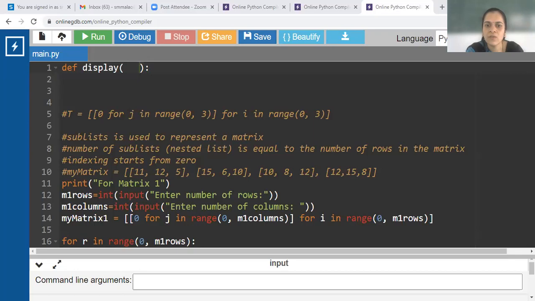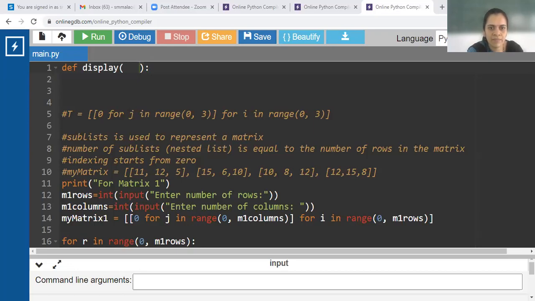And do we also need to pass number of rows and columns for that matrix? Is it necessary for displaying? See, for displaying we need only the matrix. So let us write, say, display my matrix, and write this code to display a matrix.